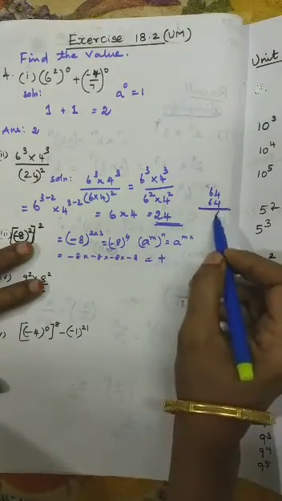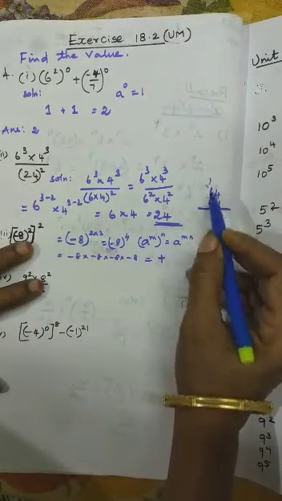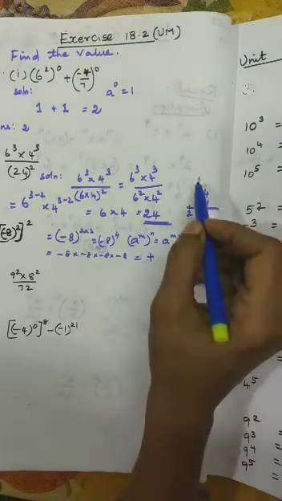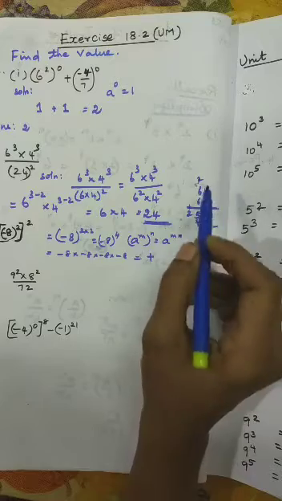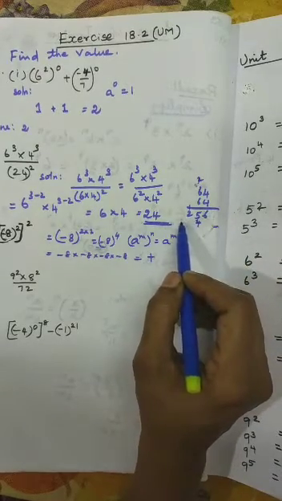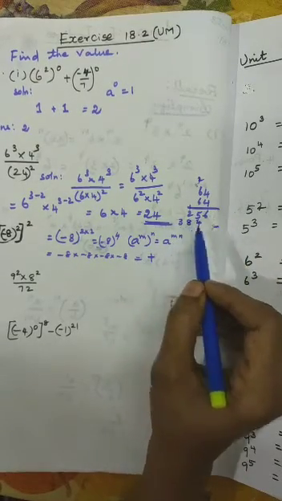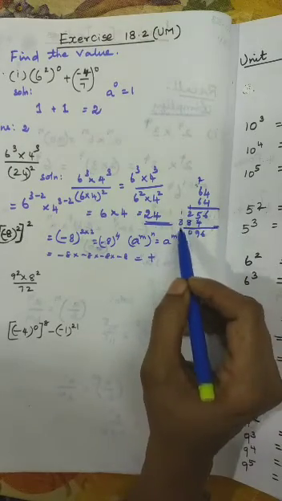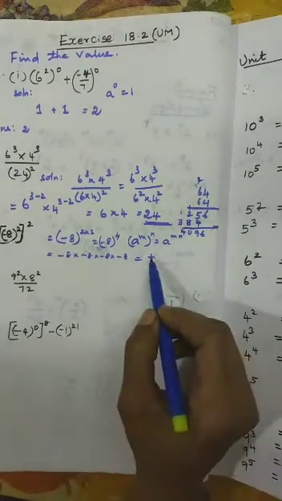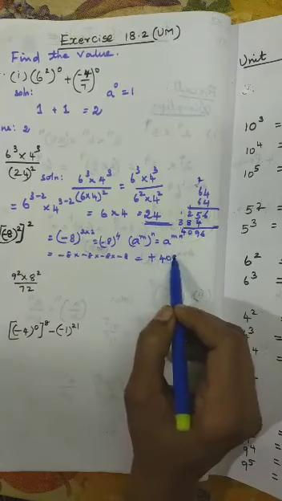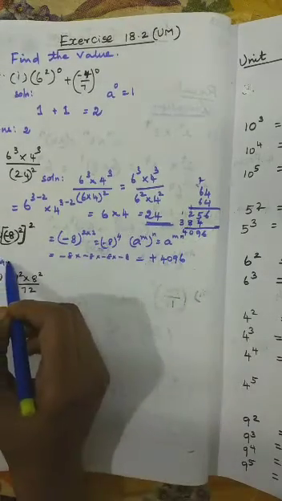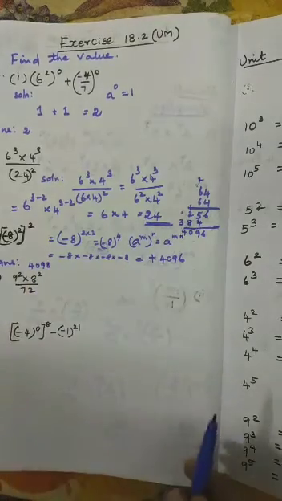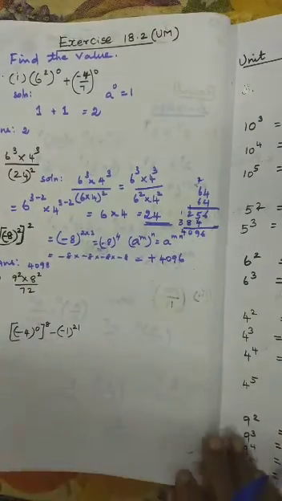4 4s are 16, remainder 1. 6 4s are 24, plus 1 is 25. 24 4s, remainder 2. 6 6s are 36 plus 2, 38. Now add: 6, 9, 0, 1, 4. So plus 4096. So the answer is 4096. Okay. Then we shall see the next problem.